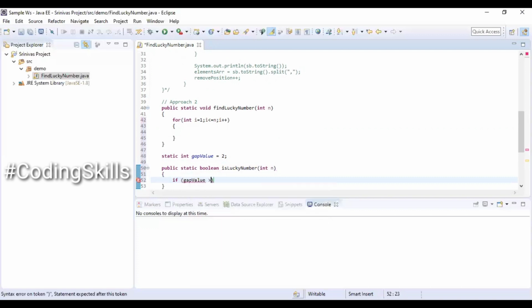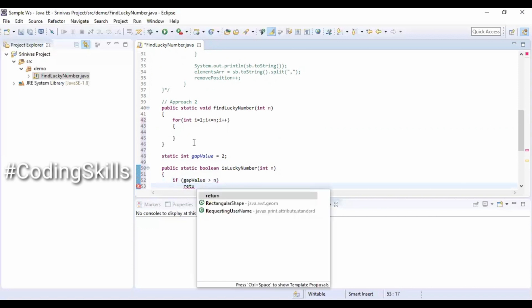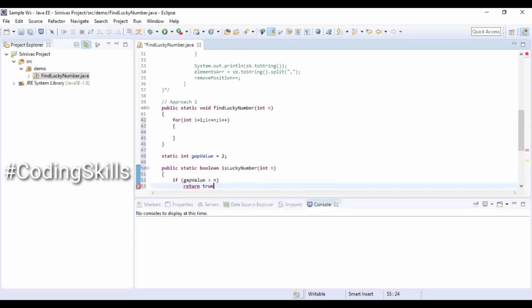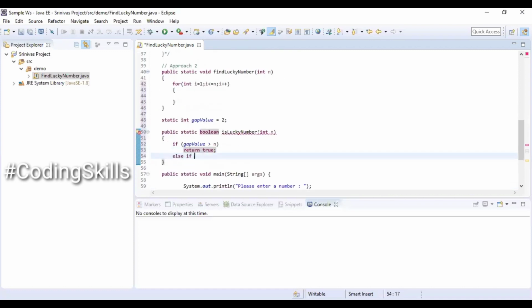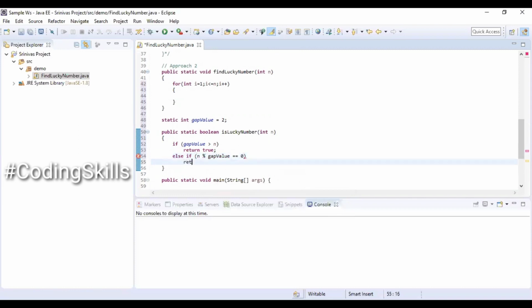If gapValue is greater than n, then we are going to return true. Else if n percentage gapValue is equal to 0, then we are going to return false.